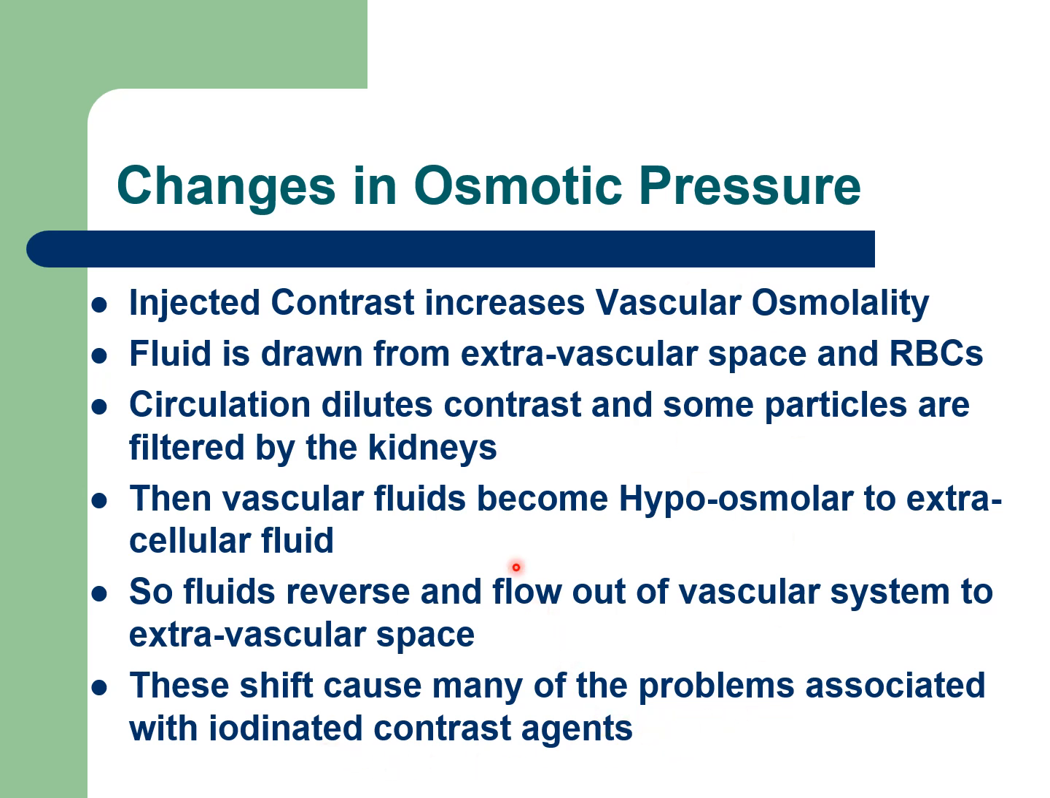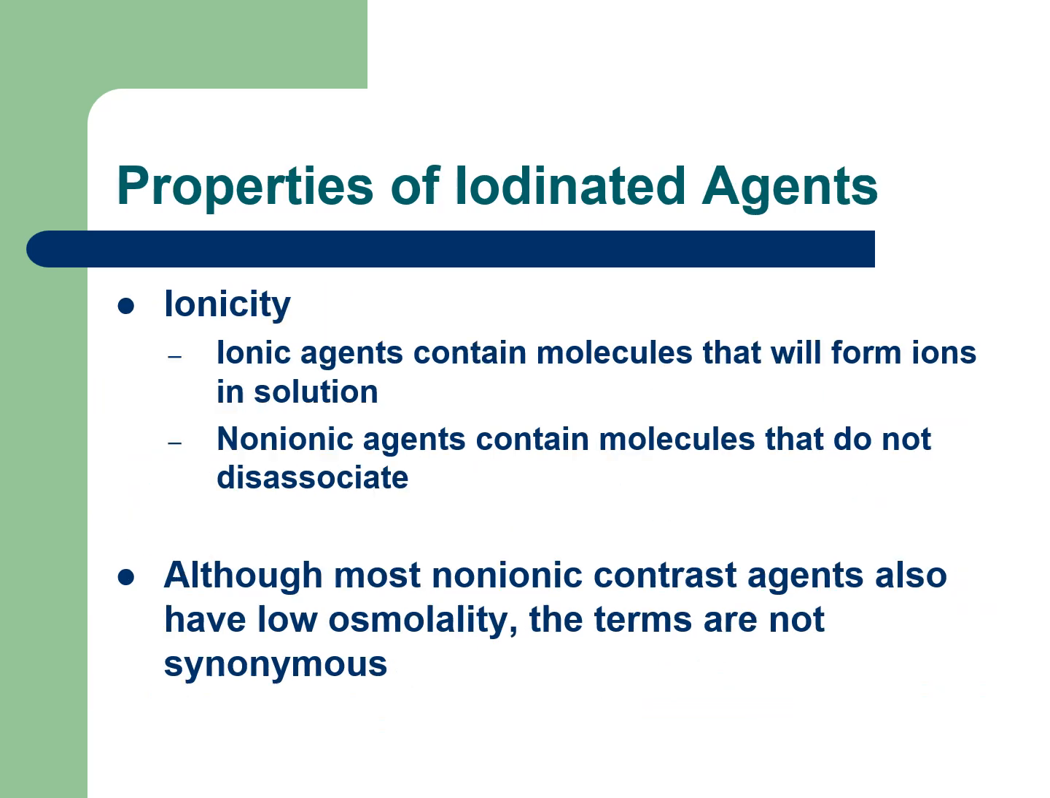Again, this happens a little bit every time we give contrast, but at different times it can be a problem and for different patients. So, the properties of the iodinated contrast agents: the ionicity. Ionic agents contain molecules that will form ions in solution. That is the high osmolar old contrast agents. They are ionic. Non-ionic agents contain molecules that do not break down or dissociate. They're the 3-1. They have the three